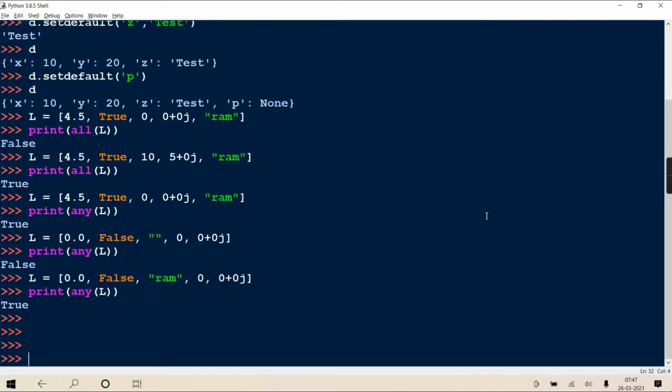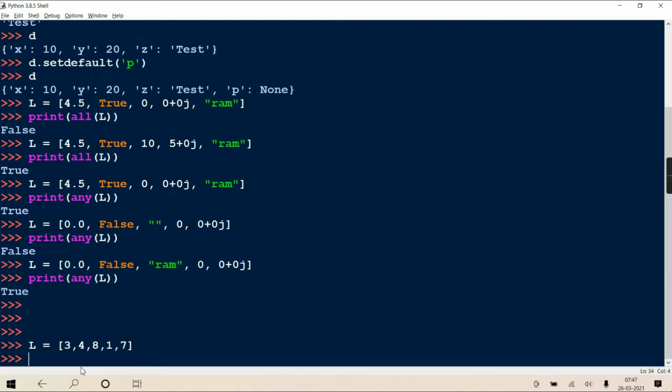Now suppose you have a list, like 3, 4, 8, 1, 7, and you want to traverse it along with the positions. I want to traverse not only the element but also its position, 0, 3, 1, 4, 2, 8, then we use enumerate.